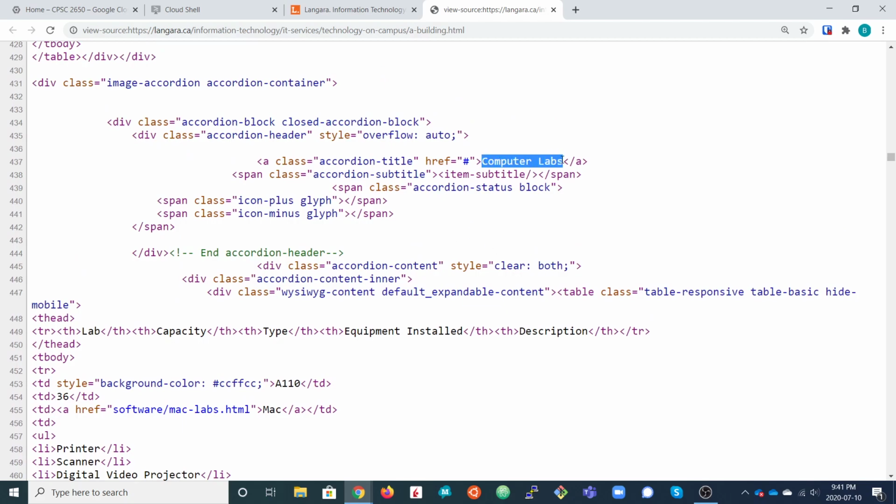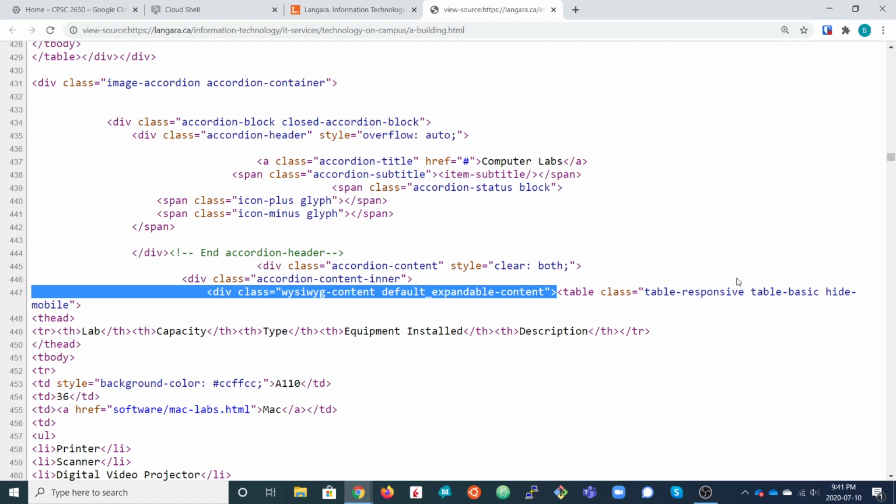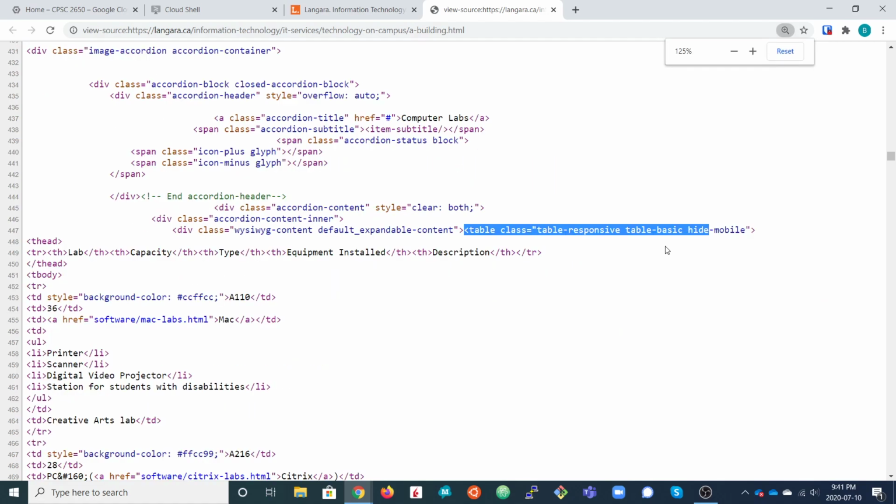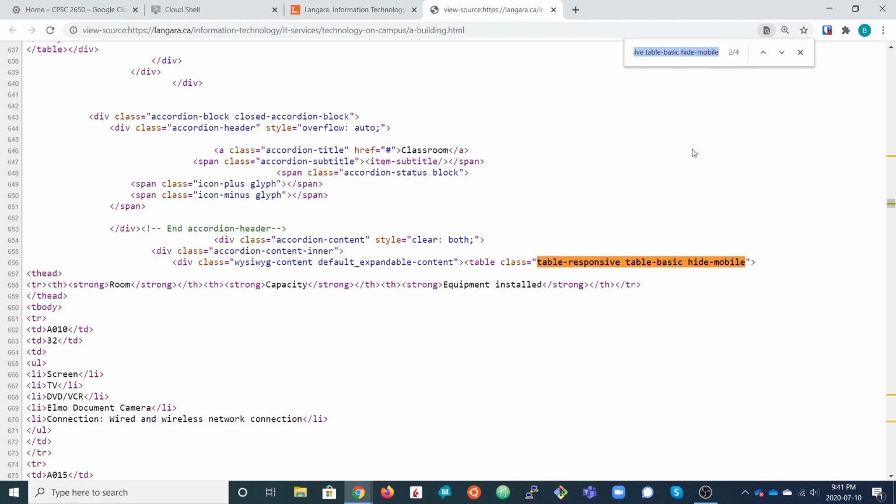There's the heading for the computer labs section, and here is the opening table tag. And what we're going to do is there is this class that I hope is pretty unique to these tables. So if I copy that and do a search for it, it appears 4 times in this page.